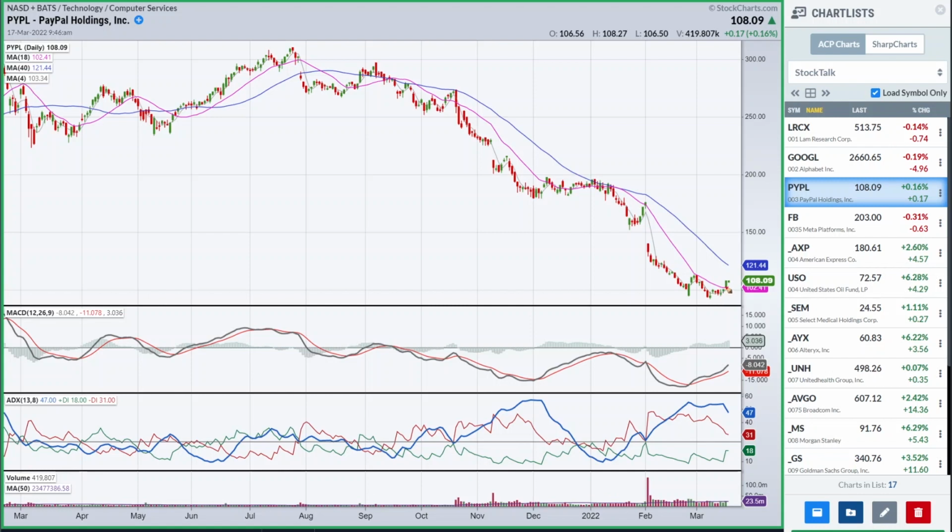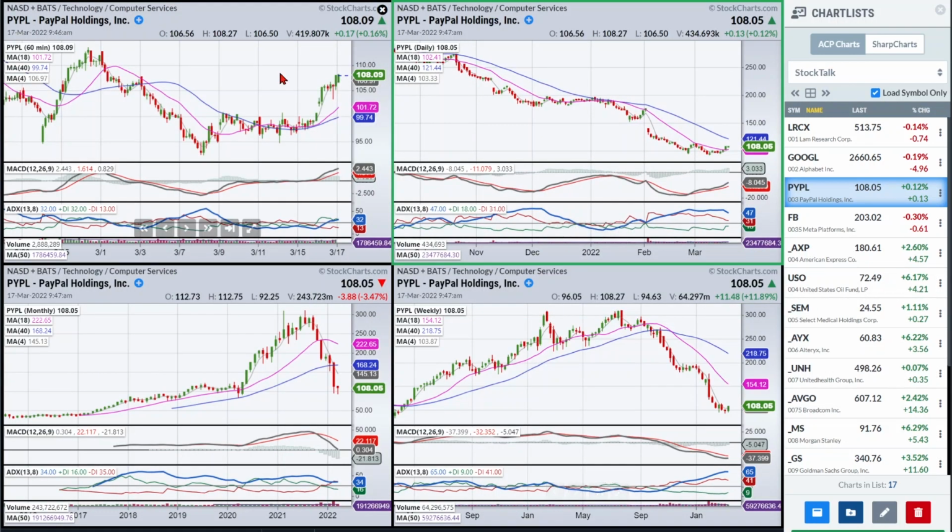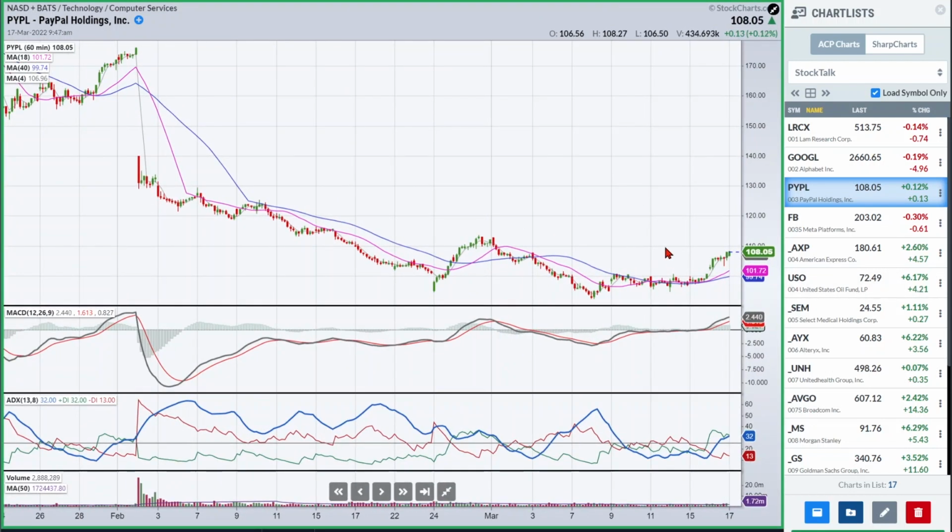So I know I've got divergence in place, and I'm in the process of crossing the 18 MA on the daily chart. So I think I could go down to the hourly again and look for this pattern. Look at this as a low ADX pattern, and notice how green DI is showing real strength here. If we go back and look, we really haven't had that in quite some time. The only time green DI got above 25 was here, but it didn't get above the red. And then it ended up turning back down without making any kind of a pivot reversal back up. So we haven't had green make a really good move and take out red through this entire declining phase.